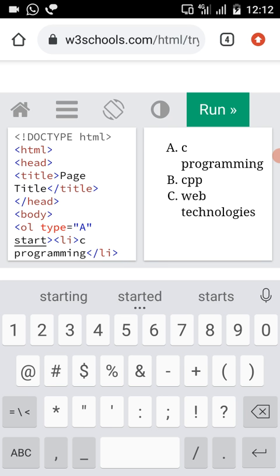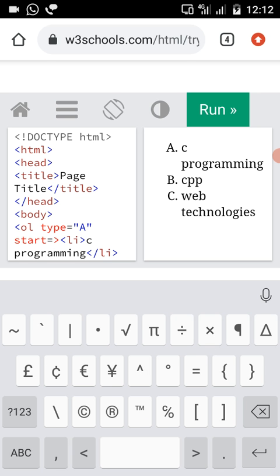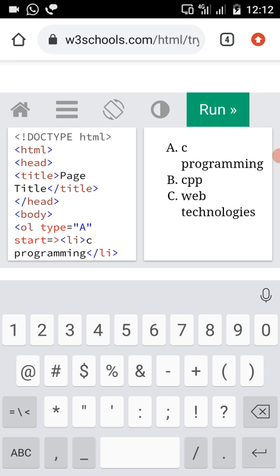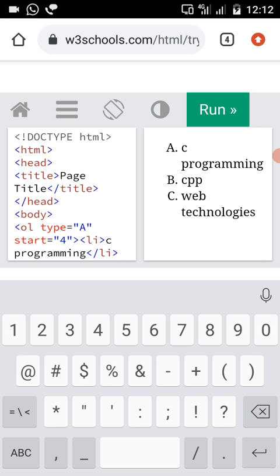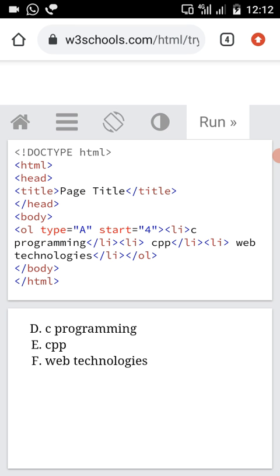The fourth letter is D. So if I use 4 here, the list will be displayed from the fourth character, and the output will appear like this. The start attribute and type attribute are very useful while writing ordered lists.